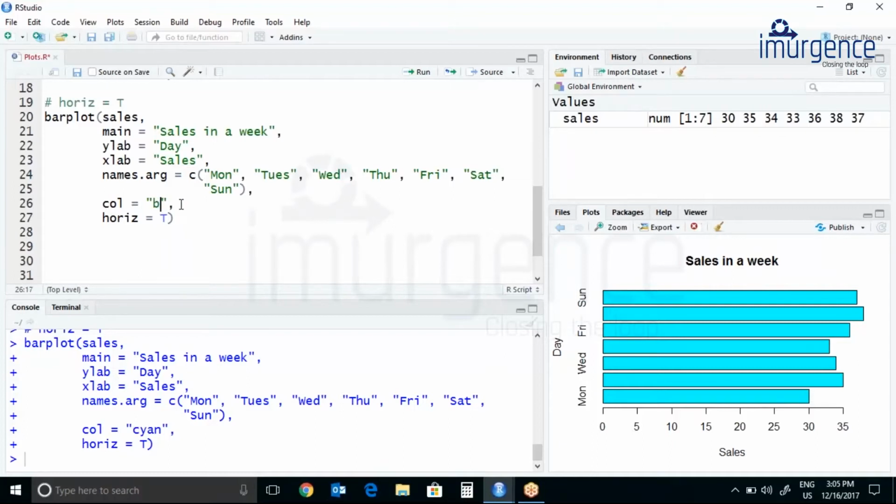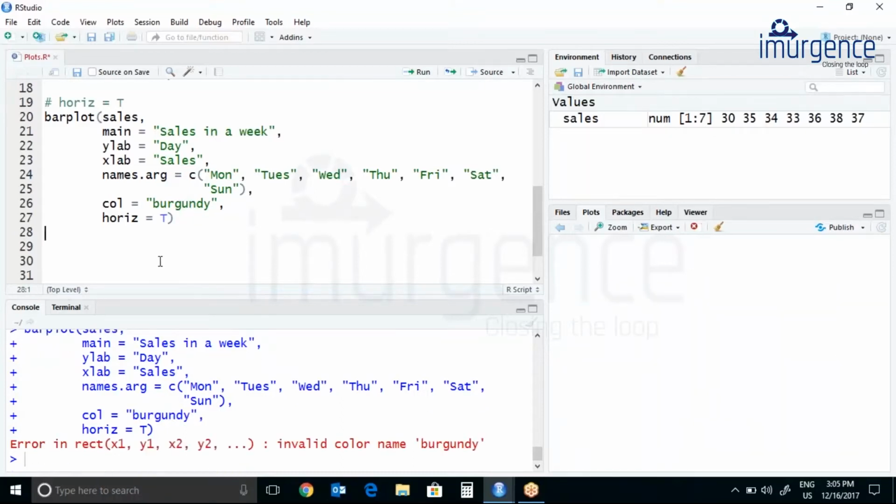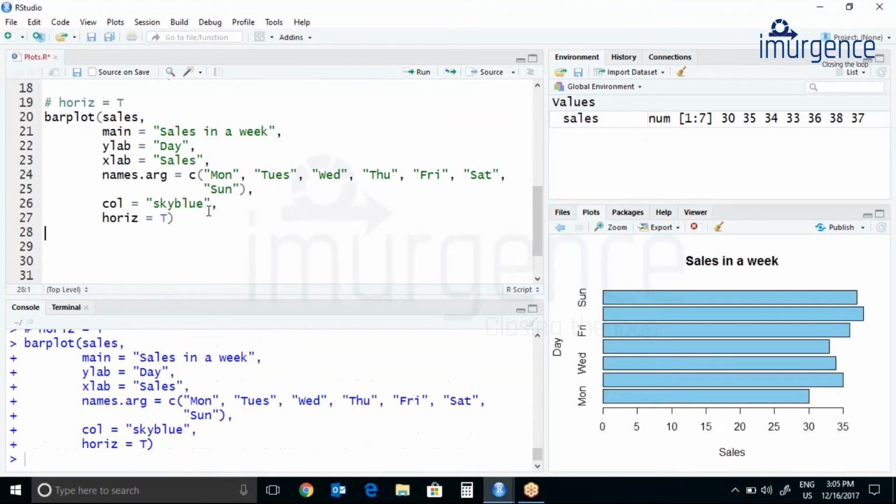Let's try burgundy, which is not going to be available. It says invalid color name burgundy. So if there is any color which is not available in R, it won't plot. Let's do this also. Okay, skyblue is available. So this is how you can change the colors while making plots.